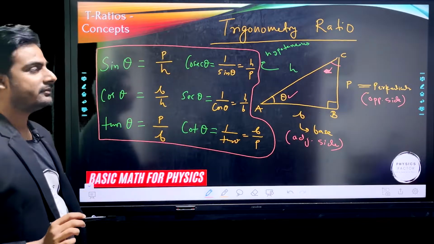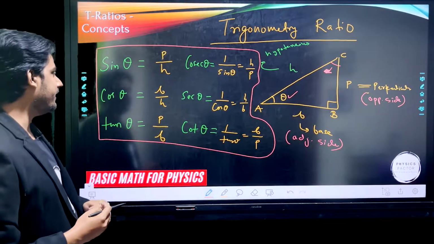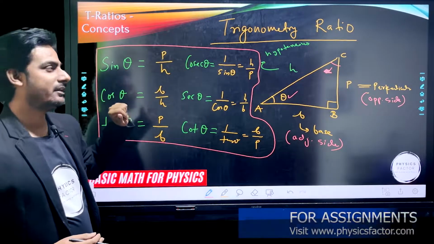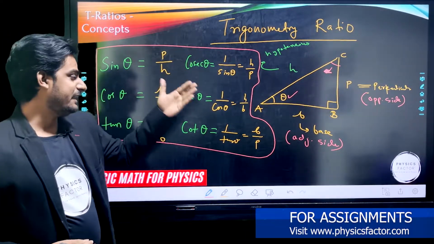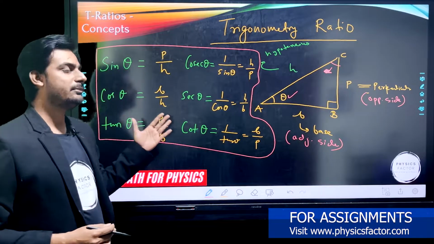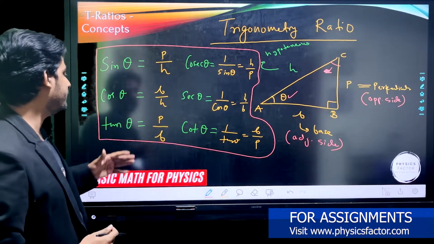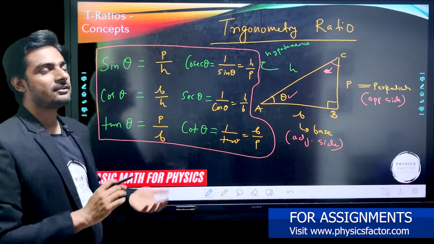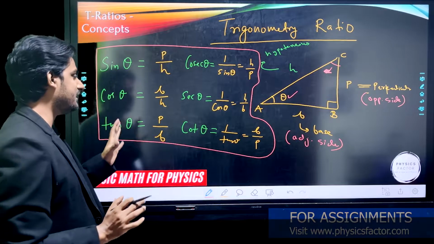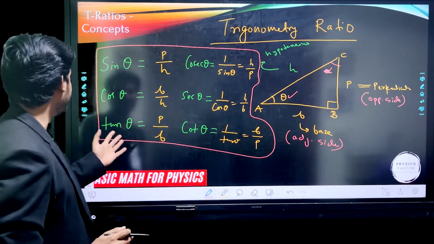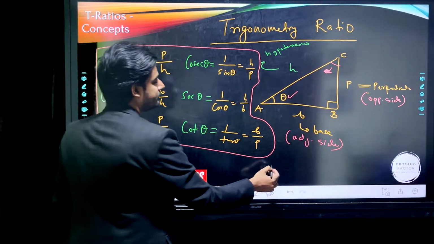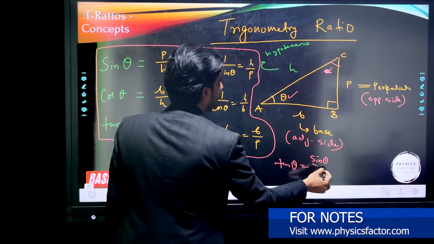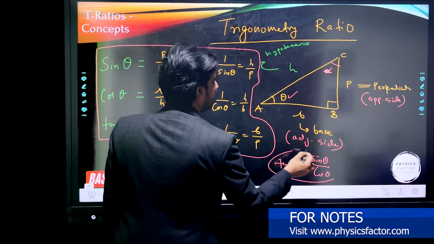These are the fundamentals, you can say, of the trigonometric ratios, right? So we have to remember sin theta is opposite upon hypotenuse, like that also you can remember. Cos theta is adjacent upon hypotenuse, and tan theta is opposite upon adjacent, or perpendicular upon base, and similarly this. Okay, so these are called trigonometric ratios. 6 ratios are there, and from here we can say that tan theta, no need to remember, tan theta is sin theta by cos theta, so also you can remember.